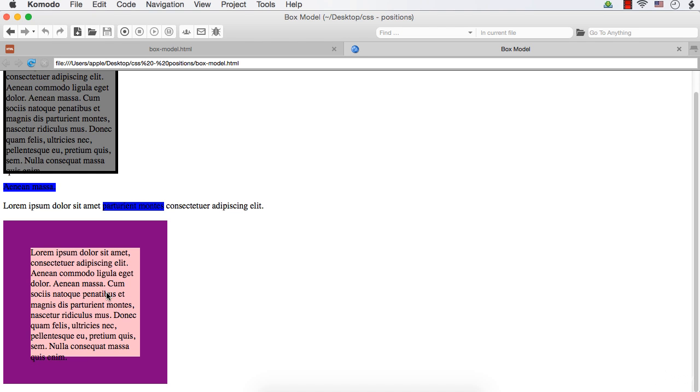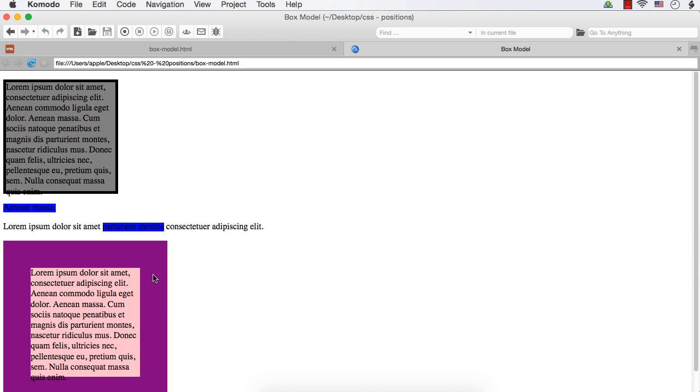Whereas in case of this paragraph, the width will be 200, that is the width of the content area, then 50, that is the width of the left border, and again 50, which is the width of the right border, which means 200 plus 50 plus 50, that is 300 px. So when we calculate the width of an element, you need to consider not only the width of the content area, but also the width of the borders, paddings and margins. So here we have seen the width will be different for the same element with the same content based on the value of the borders.